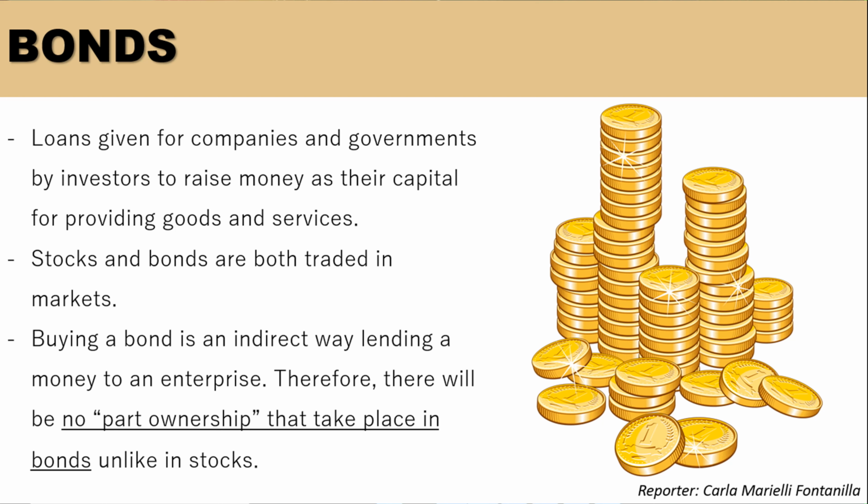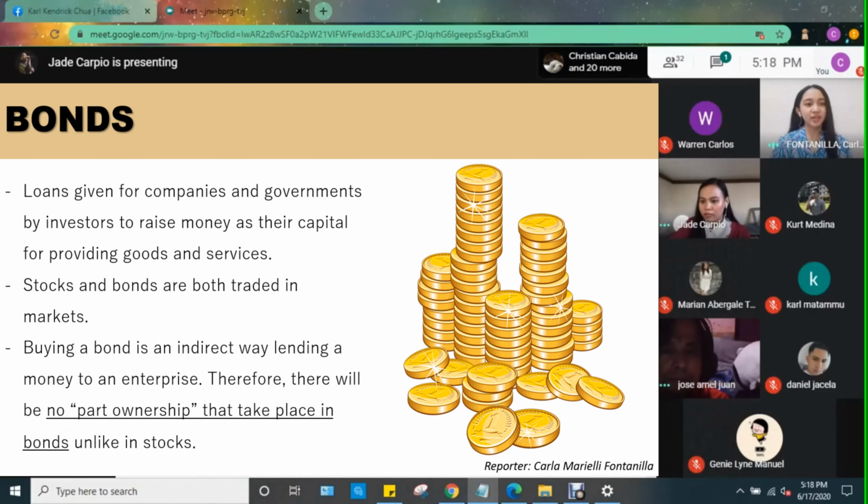And another one is that buying a bond is an indirect way of lending money to an enterprise. Therefore, there will be no part ownership that takes place in bonds unlike in stocks. So, why are bonds used by a company for raising money as their capital? The reason behind this is because bonds have lower interest rates compared to business loans that are issued directly from